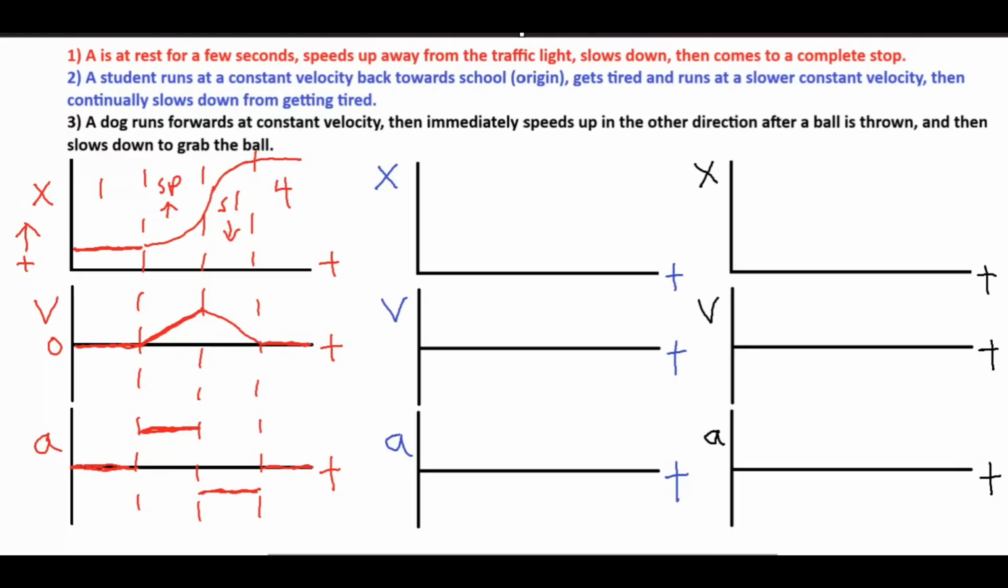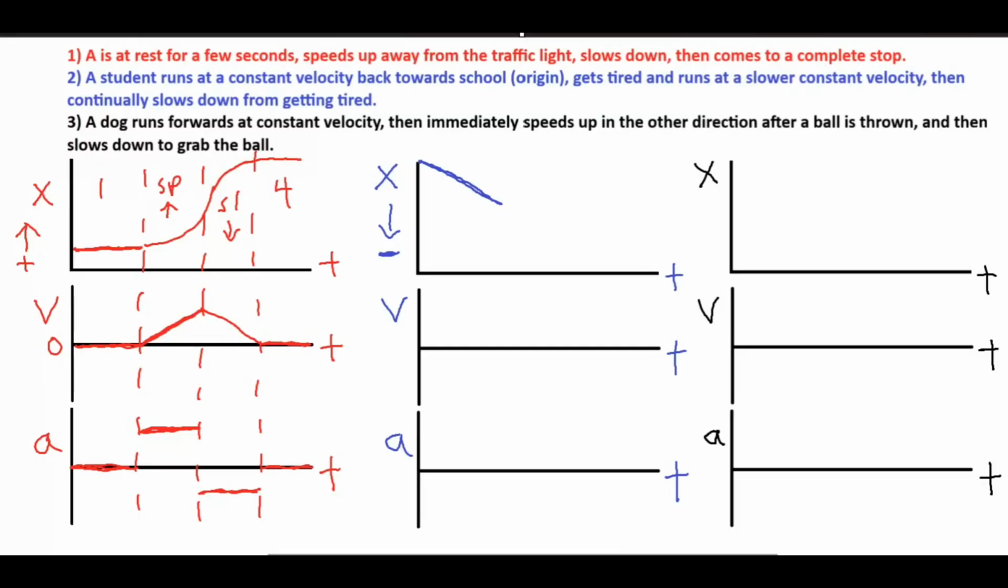Our second one, a student runs at constant velocity back towards the school, towards the origin, gets tired, runs at a slower constant velocity, and then continually slows down from getting tired. All right, so this one is going back in the negative direction. So we're going to make sure we go in the negative direction by bringing our line down on our graph. So they're moving at a constant velocity, so that means constant negative slope to show that it's going at a constant velocity,